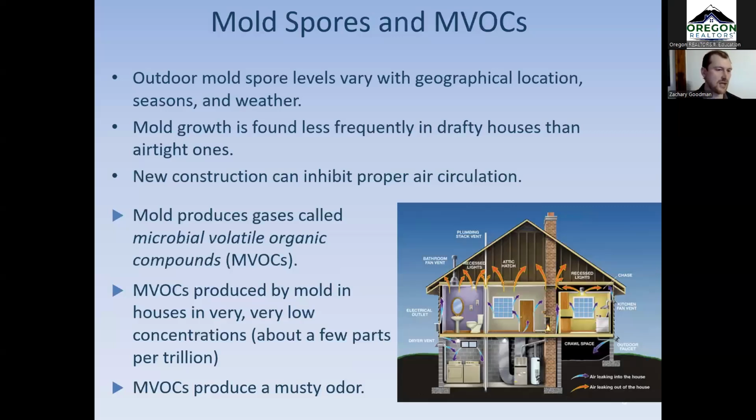In the bottom right, we have a diagram of a house where we're looking at air going in and out of a house. This is sometimes helpful in our investigative processes because a lot of times we get questions about how we are going to investigate for mold and why we are doing the testing that we're doing when we make a recommendation. We'll get to the process of air testing, but we will always take an outdoor sample for background comparison as well as an indoor sample when we're testing mold spore presence in a house. So this ventilation intake and exhaust process is something that's helpful for us to know and may be helpful for you all to consider as we're looking at mold within a house.